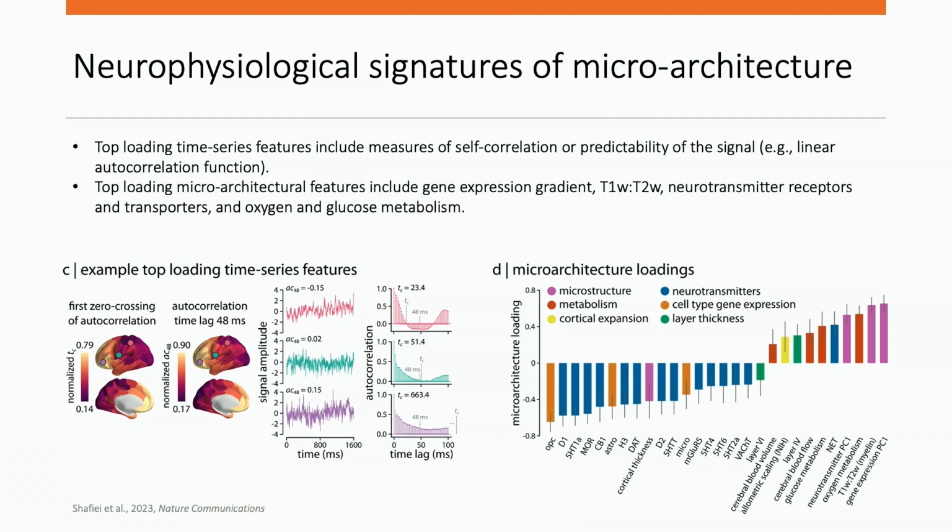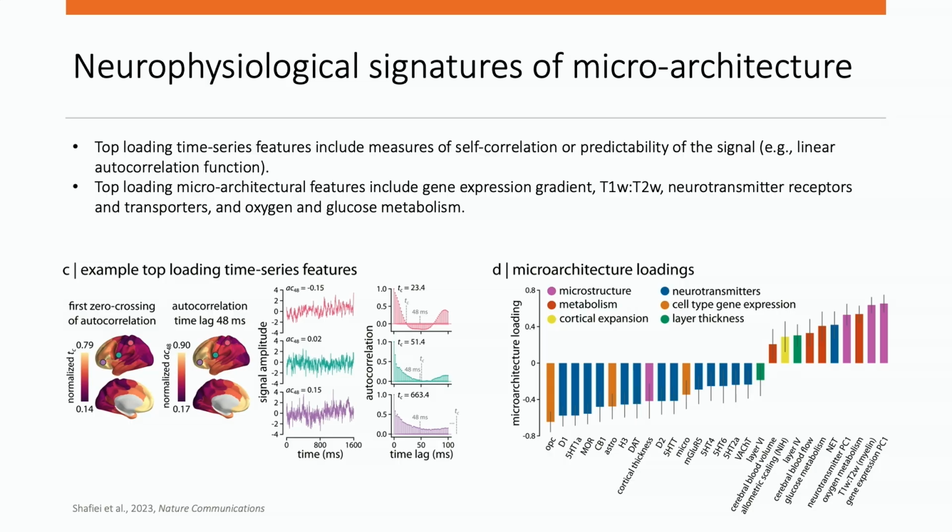And we find that many properties of microarchitecture are actually significantly correlated with that principal dimension that recapitulates the dynamical features obtained from MEG, including patterns for microstructure, but also the gene and gene pre-C1 and the T1-T2 ratio, which is a representation of the anatomical hierarchy. So again, anatomically, hierarchically organized. That's how we can represent this large-scale dynamics in a